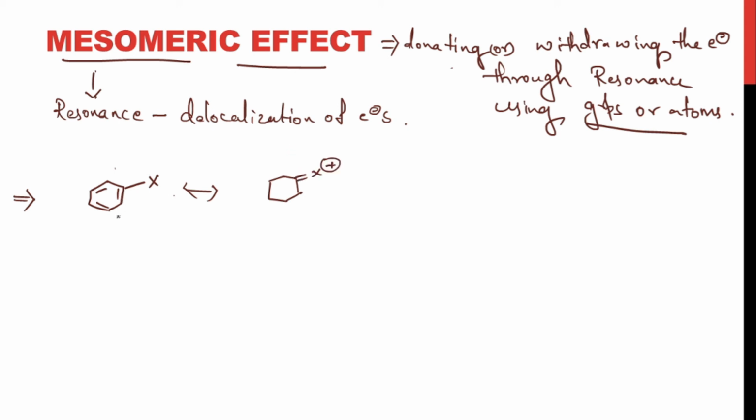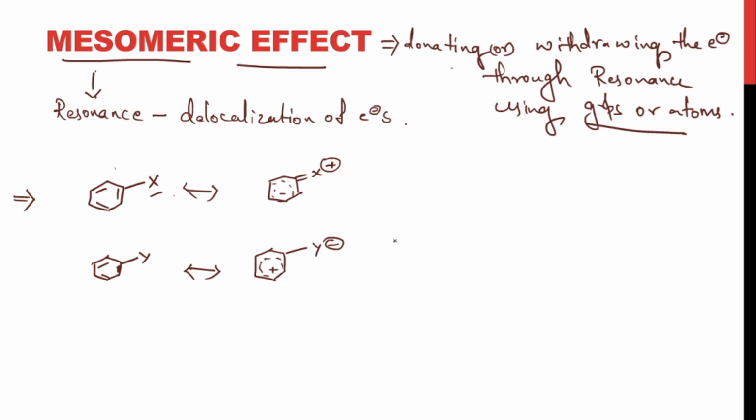And the negative charge will be delocalized in the benzene molecule, right? Now this group is donating the electrons, and there is one more category where a group or an atom withdraws the electrons. Now this group is withdrawing the electrons from the resonating system. Now when it is withdrawing the electrons, why would this group gain a negative charge on it? Yes, that is gaining a negative charge on it, and the positive charge is delocalizing within the ring, right?